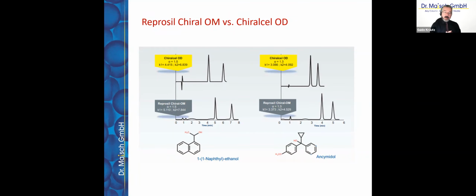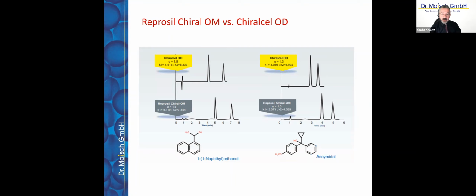Now, even though phases from DiCell, Phenomenex, from us or other suppliers may use the same chiral selector, and they are referred to as clones, this does not mean that they are 100% identical in every aspect. Because not only the chiral selector influences the selectivity and the retention behavior, but also the type of silica gel, the bonding or coating mechanism, and the molecular weight distribution of the polysaccharide. So you will indeed see some differences between phases which use the same chiral selectors from different suppliers.